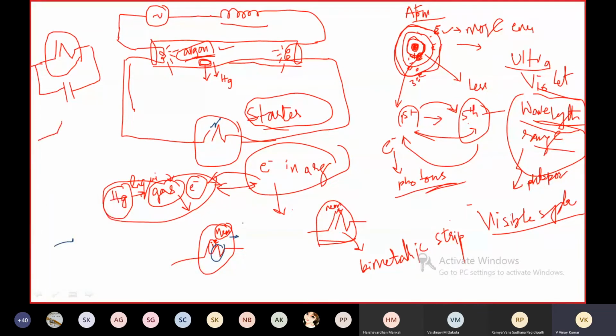Here we have two electrodes, right? Because of the initial current, an arc will be produced between these two electrodes. Because of this heat, the neon gas is ionized, so that the neon lamp glows. When the bulb is glowing, heat energy will be produced. Heat energy produced by the bulb